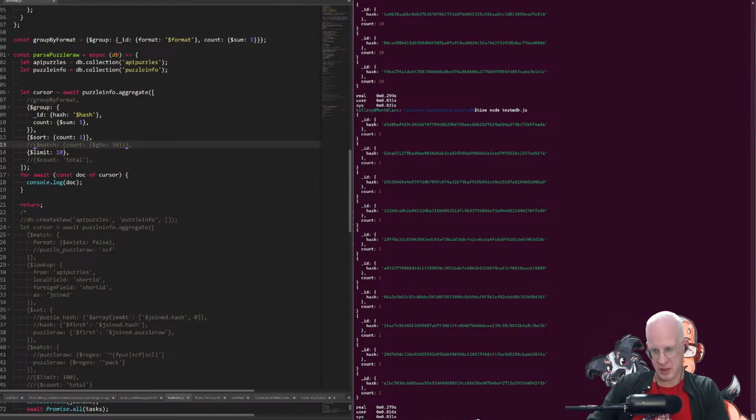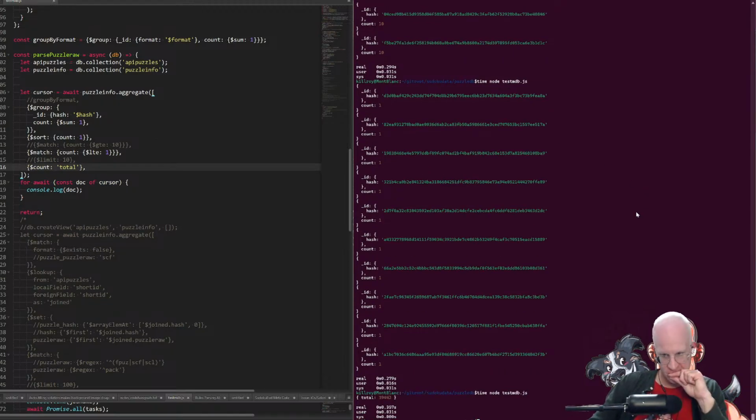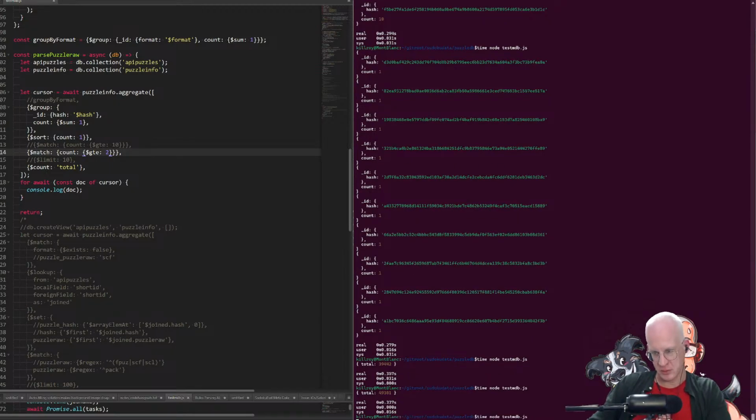Where we just say, okay, give us... Actually, what I want to do is less than or equal to 1, and then just count the total of that. So there's 39,442 puzzles that aren't duplicated. And then if we do greater or equal than 1, greater or equal than 2,